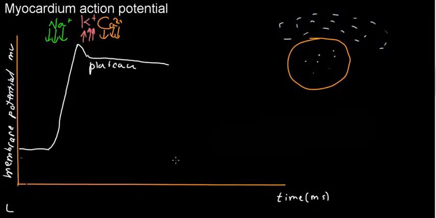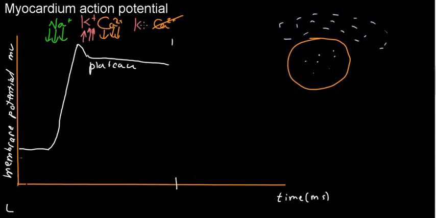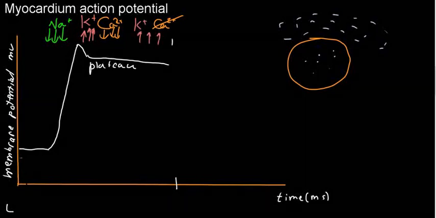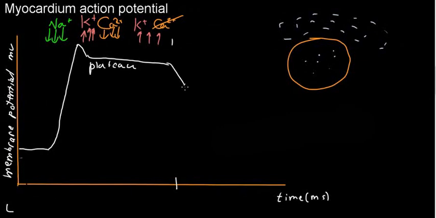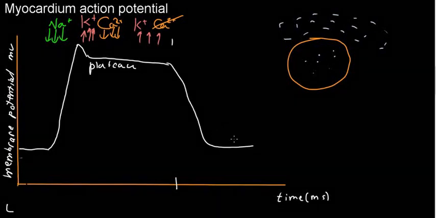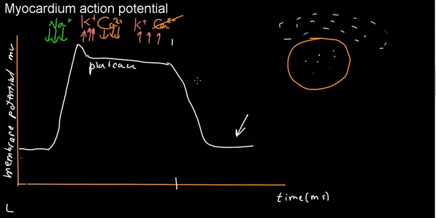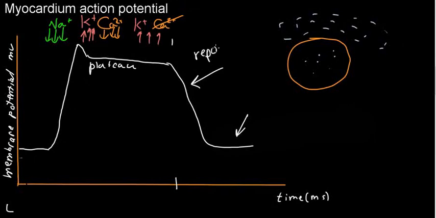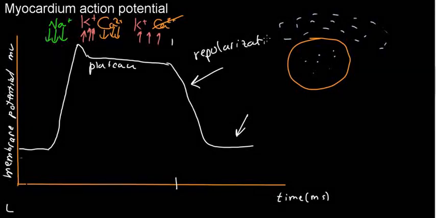And right around this point, we can assume that these calcium channels close. Therefore, I'm just going to close them at this point. Calcium channels close, and potassium channels are still open, and potassium is still escaping. So now potassium is going to prevail, and we'll get our membrane potential back to our resting membrane potential. And now we're going to get the repolarization phase,